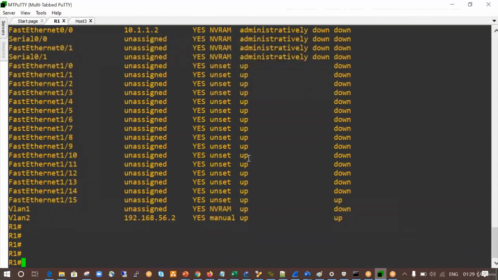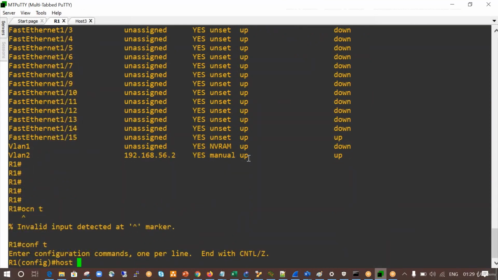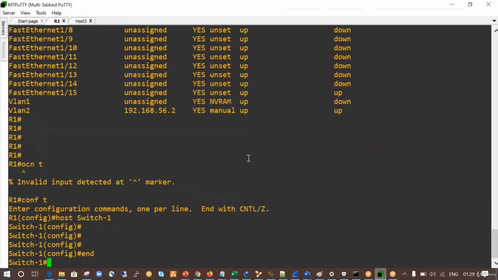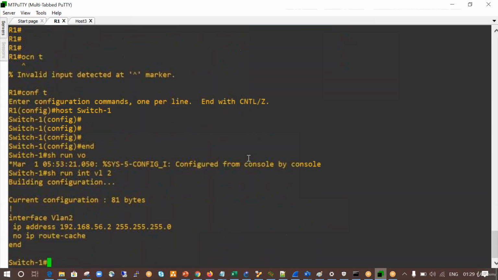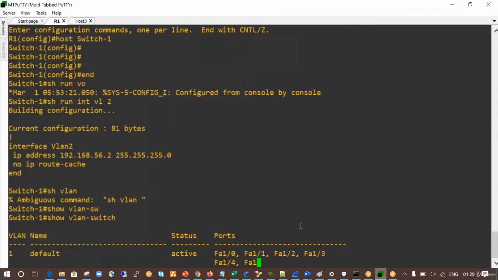Here you can see this is actually the switch. So let me change the name. This is the switch one I have, and if I show you the gateway for all the PCs belonging to VLAN 2, we can check show VLAN brief.